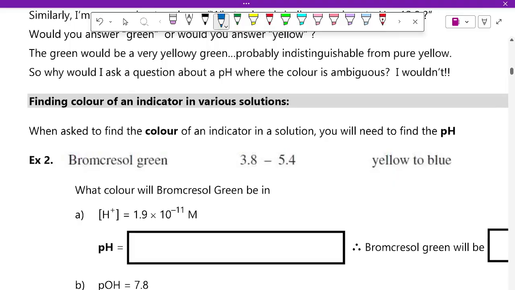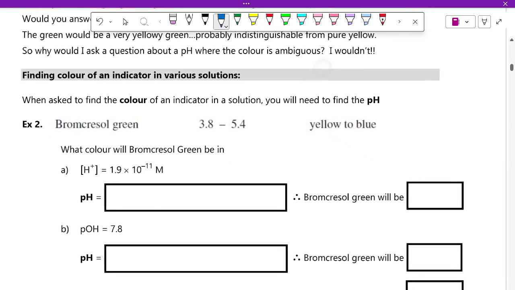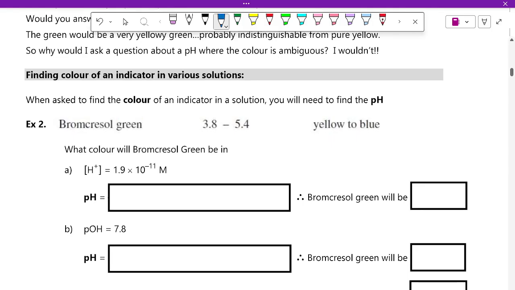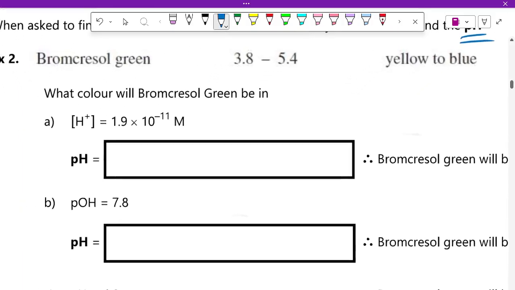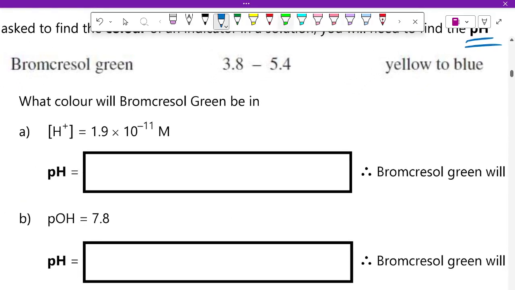Finding the color of an indicator in various solutions. When asked to find the color of an indicator in a solution, you will need to find the pH. So if we are asked, what color will bromcresol green be